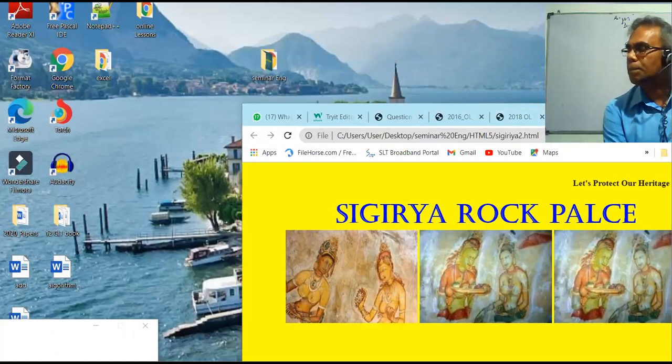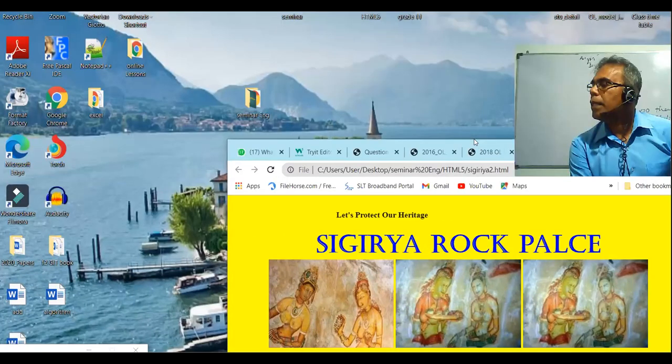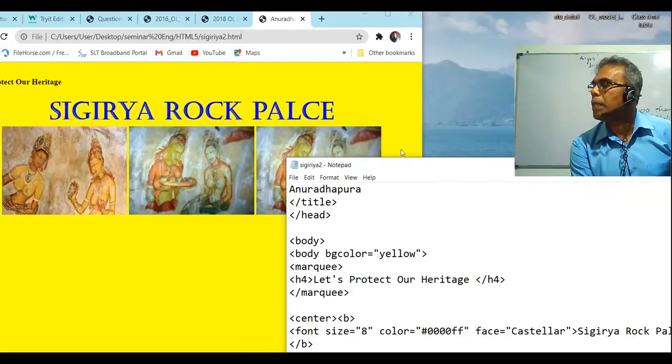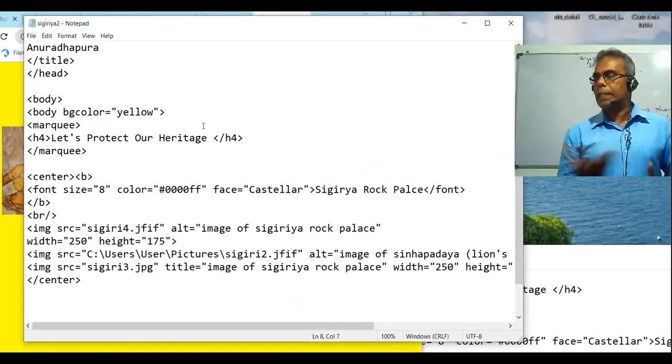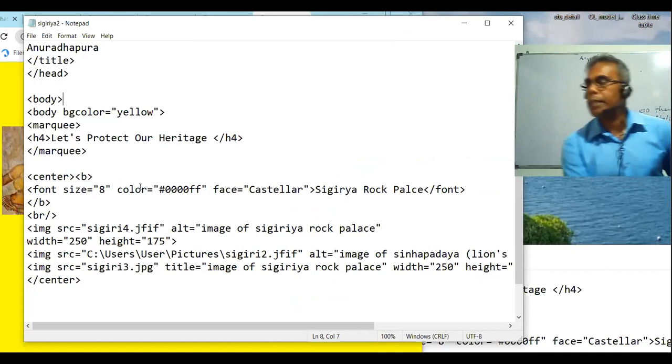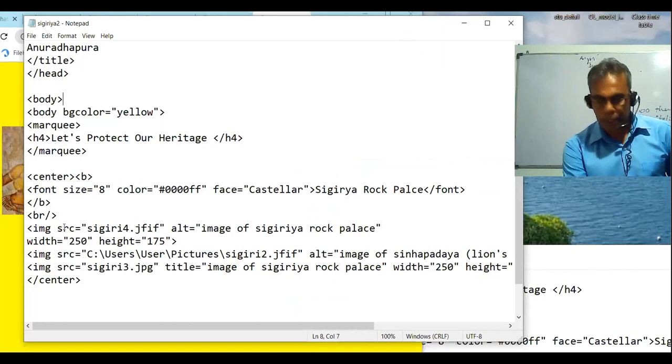Okay. Then I think it is clear now about the images. The image tag is also very important because almost all the past papers had this tag, right? That means the image tag. This is very important again. You should know everything in the image tag. Okay, so let's go over it again. IMG is for image, SRC attribute, and